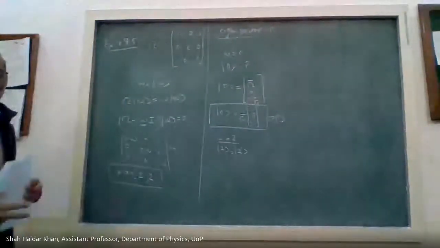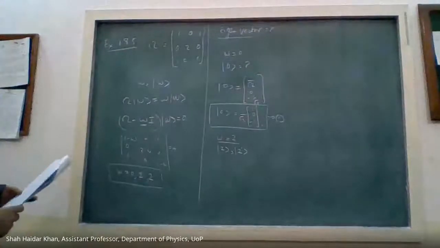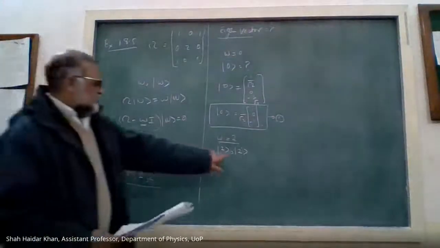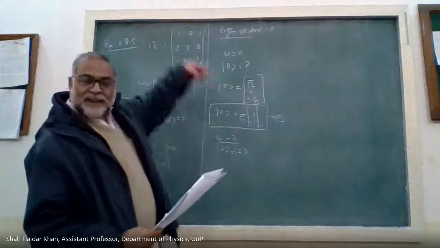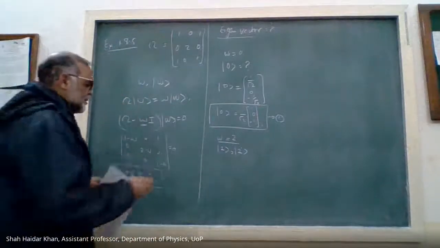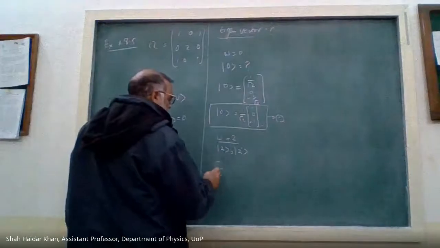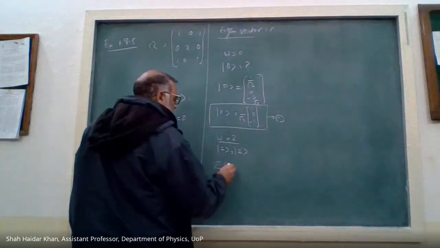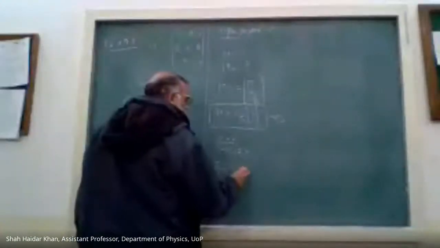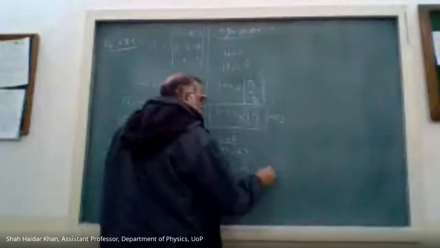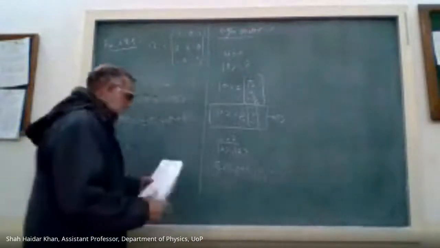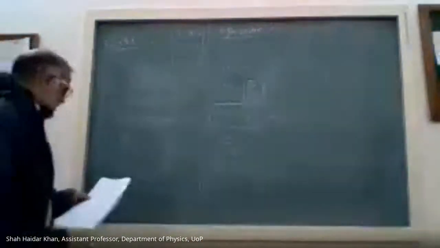To get 2, we put omega is equal to 2 back in the matrix equation, the sum over j of (A_ij minus omega delta_ij) times v_j